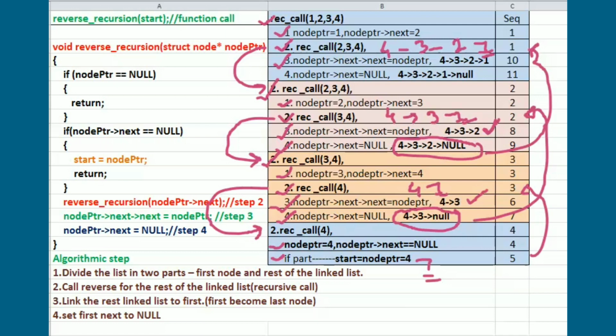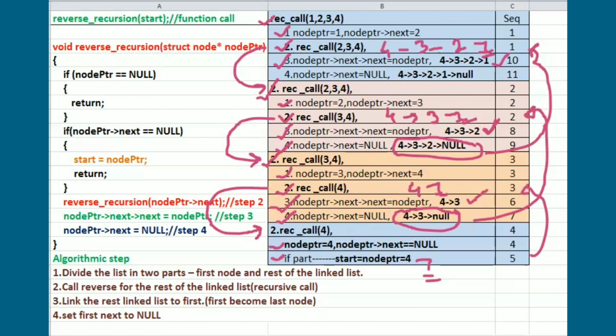Here the rest of the linked list has the elements 4, 3 and 2 and your start node is 1. To create the link we have the statement node PTR next next equal to node PTR. So the 4, 3, 2, 1 link is created because node PTR next value is 2 and node PTR value is 1. So 2 next equal to 1, this link will be created.